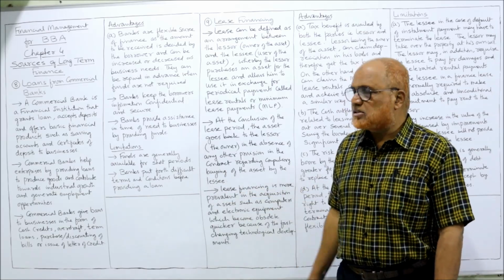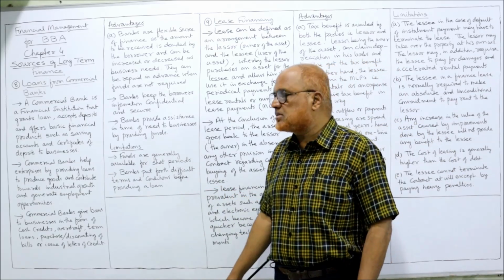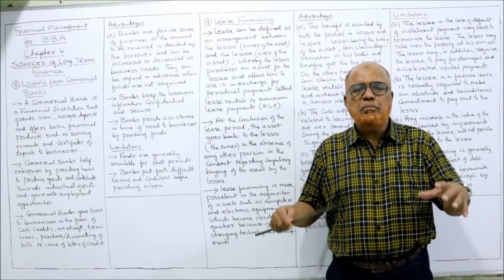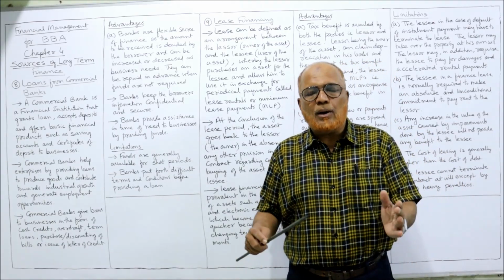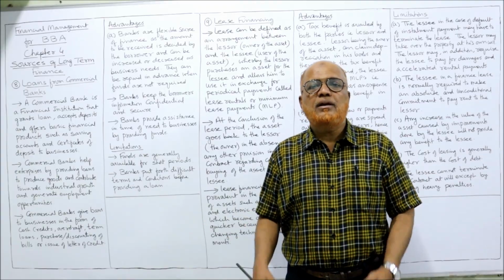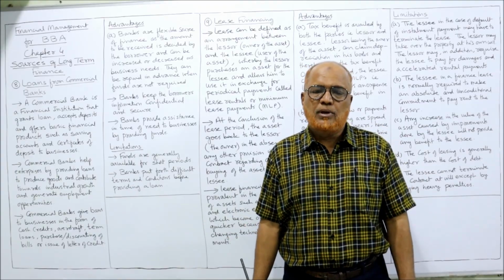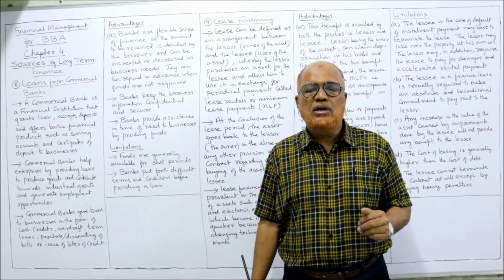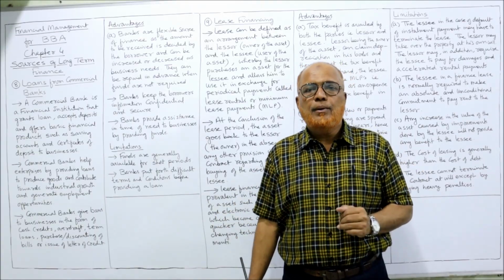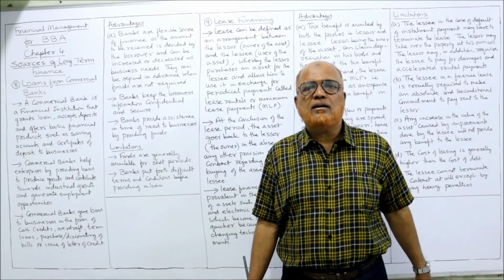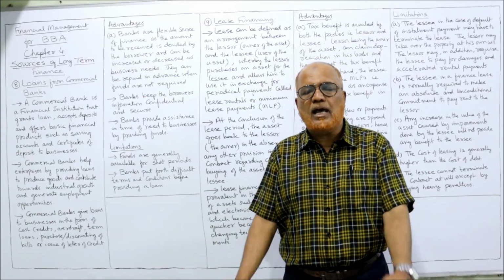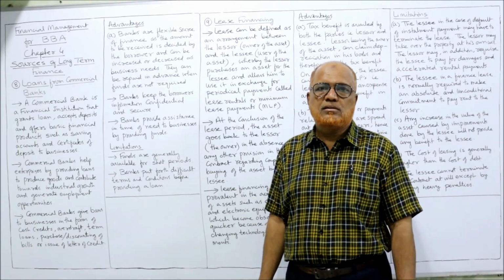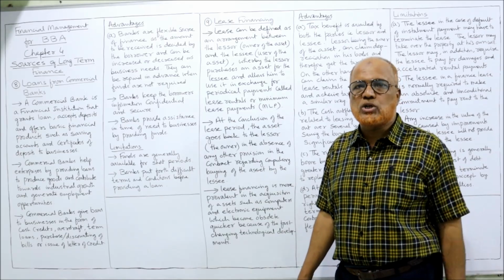And actually banks provide assistance in terms of need when the business is seeking funds. Whenever the business needs immediate funds, they can approach the commercial banks and get immediate relief, financial help. Whereas when taking loans from financial institutions or other sources, it will take a lot of time. But here the business can get help from commercial banks instantly. These are the advantages of funds taken from commercial banks.